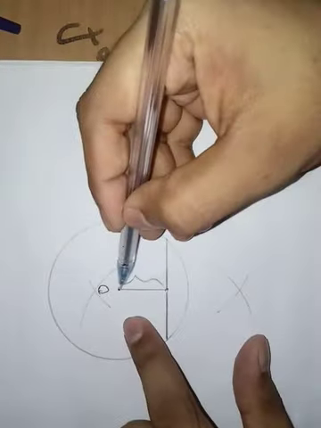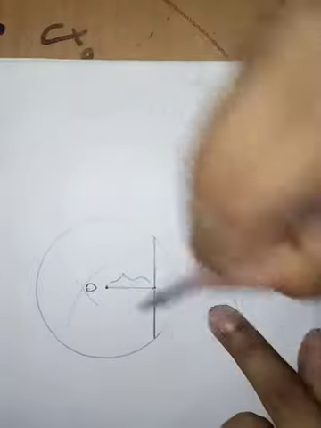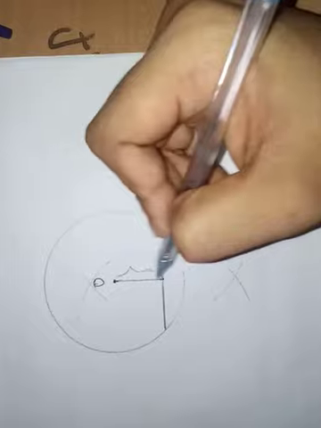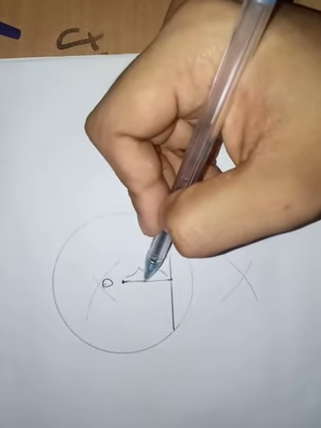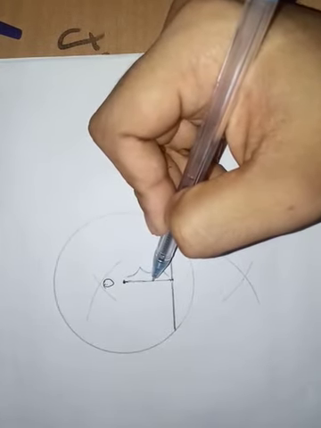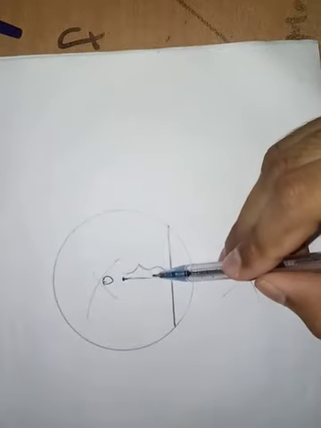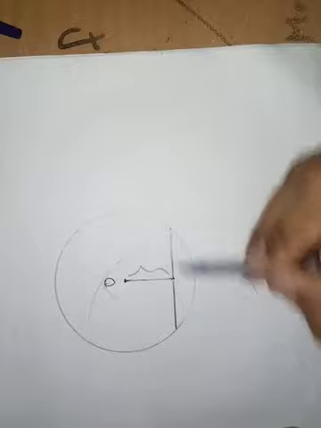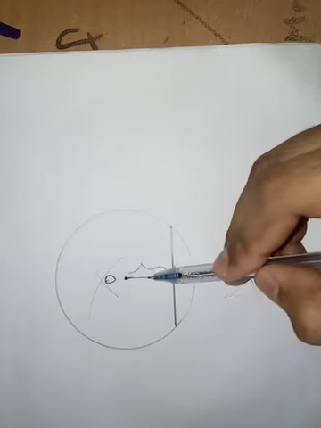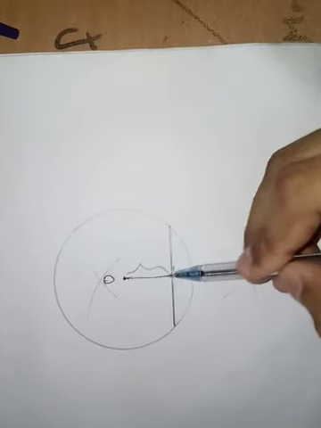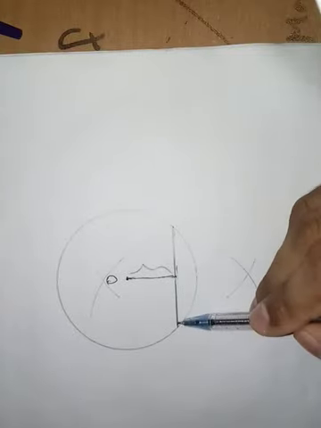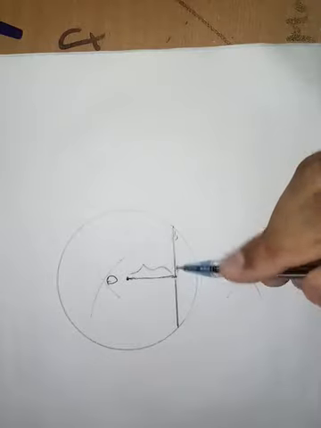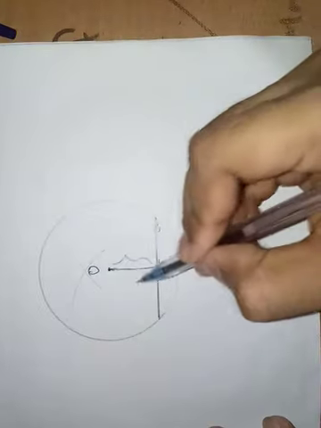So here is our line segment joining the center and the midpoint of the chord, and this line segment is perpendicular to this chord. That means the angle between this line segment and the chord is 90 degrees,